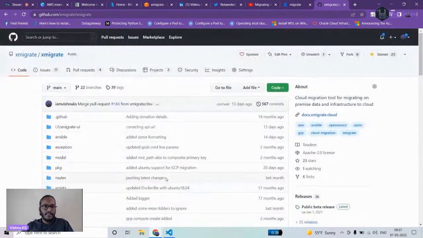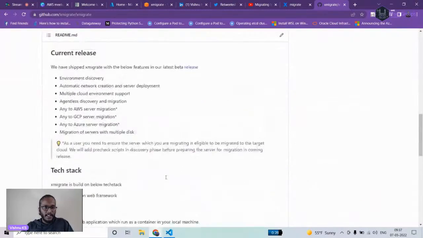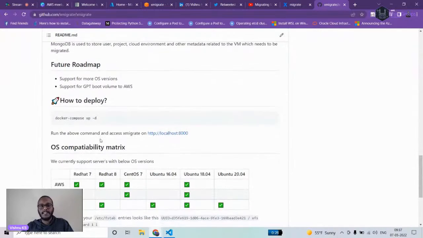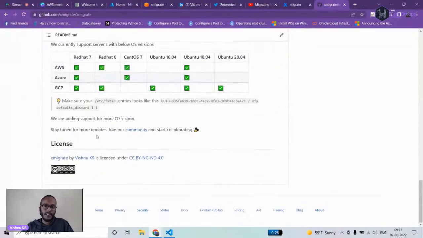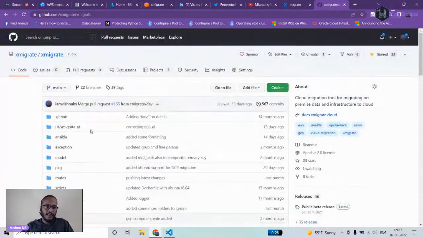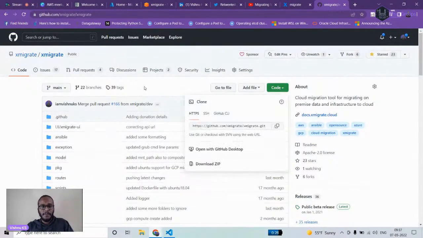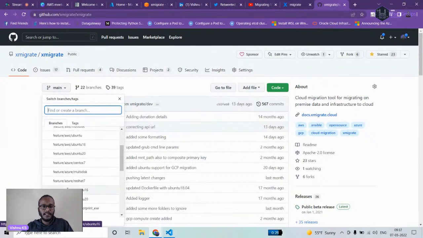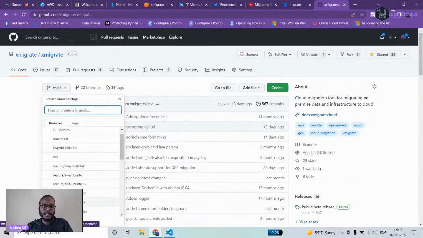So here, this is the repository where we have hosted our application code. And here is just an overview of this project, what is there and what it supports now. So yeah, this is where you should be, you just have to clone this project. And we have multiple branches, you can see, each feature we create on a different branch, like feature slash